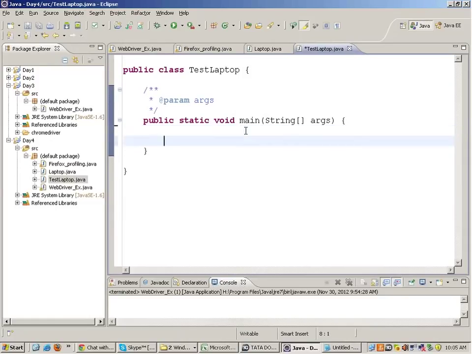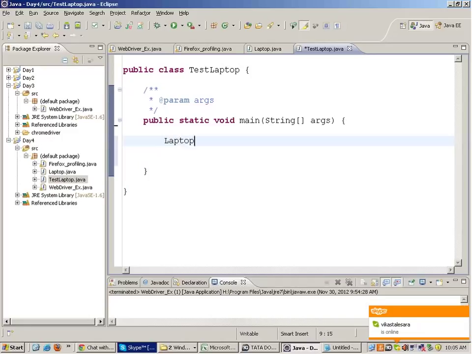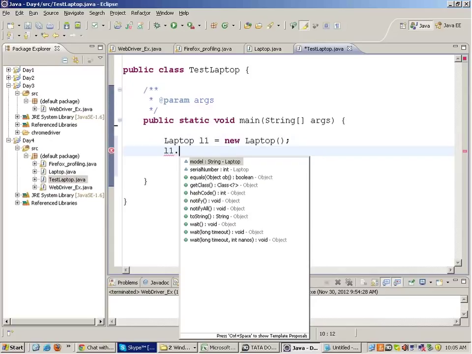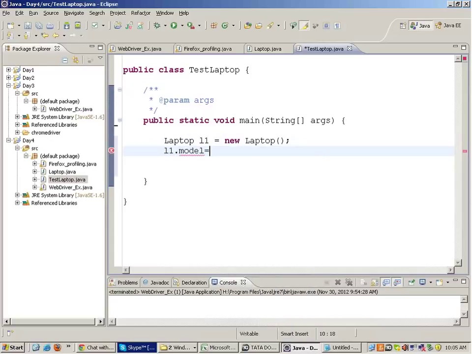Out here in test laptop, I'll make the objects of the laptop class. I can write laptop L1 equals new laptop, and then L1 dot model is model A, L1 dot serial number is this,